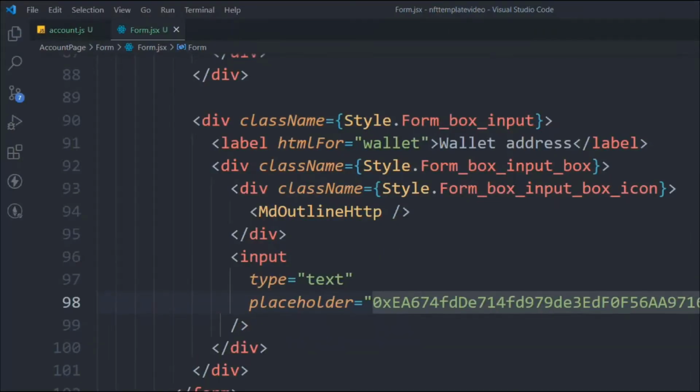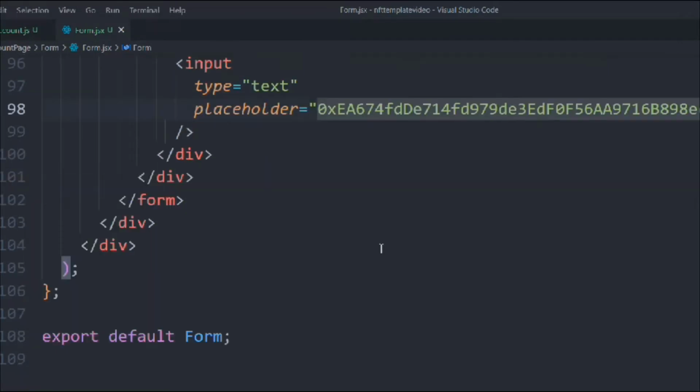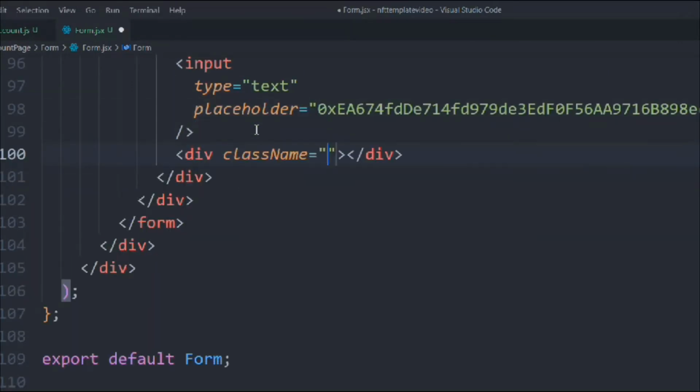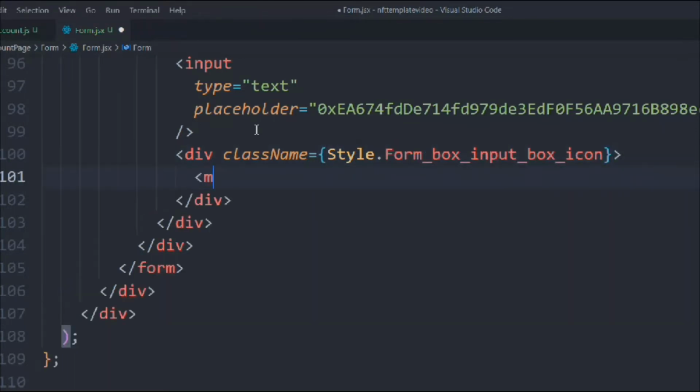Copy. So this is the placeholder I'm giving, a random address. Okay, so that's the address we have here. Let's come down, we'll have another div. It will have a class called style dot input box icon, and in that we're going to have this icon. Copy. Okay,